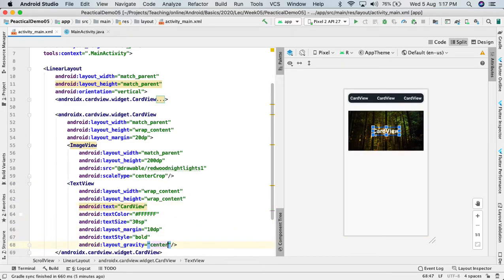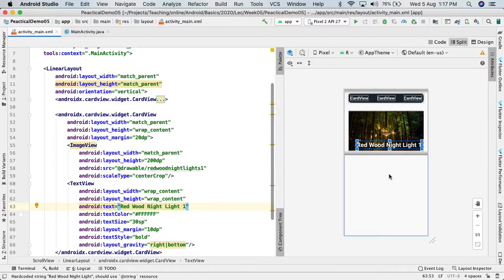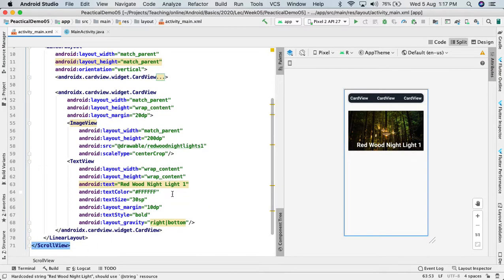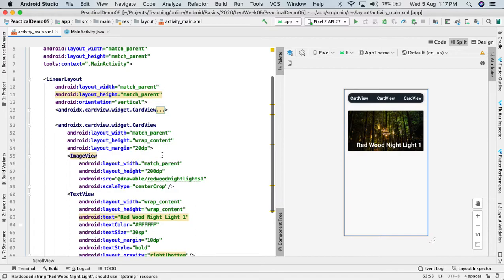Instead of center, we are saying that it should be on the right and bottom. So right bottom, so that will be the title. The title is the same as what we have here, not the card view, it's the Redwood Night Light one. So again, we don't have that particular specific